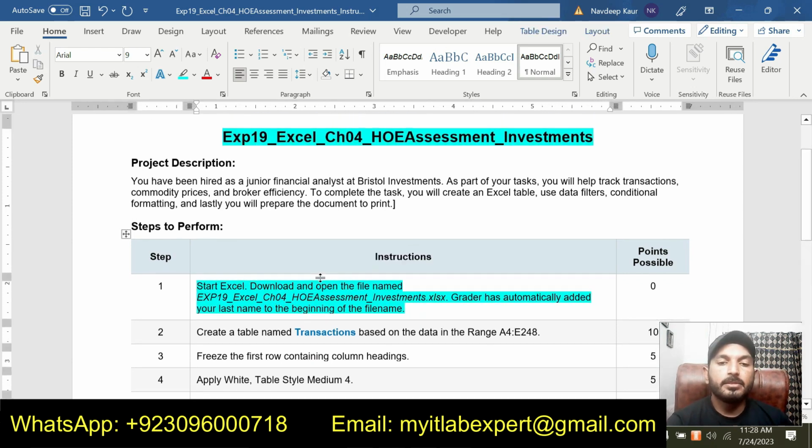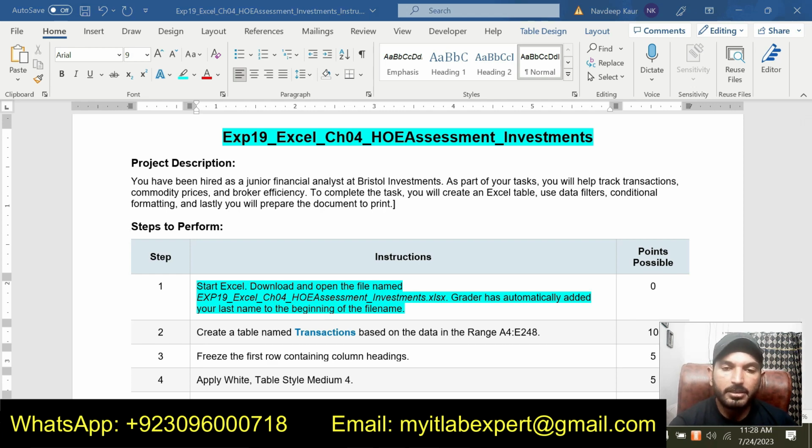Step number 1 is start Excel, download and open the file named EXP19 Excel chapter 4 hands-on exercise investment. Grader has automatically added your last name to the beginning of the file. Basically we are supposed to download the Excel workbook where we apply all these instructions and formulas to get this assignment done.